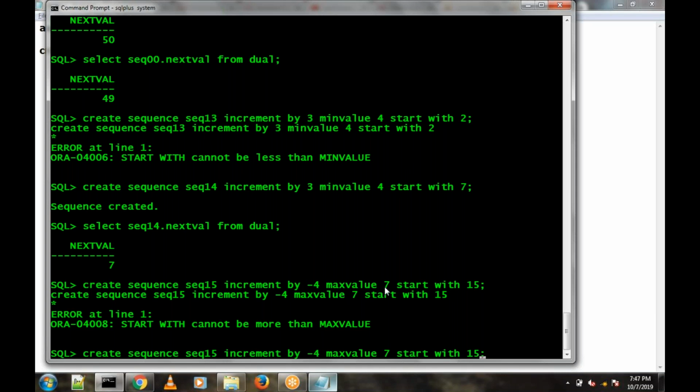Now let me create one more sequence. See, these are very important things, and you must be careful. So now this time,